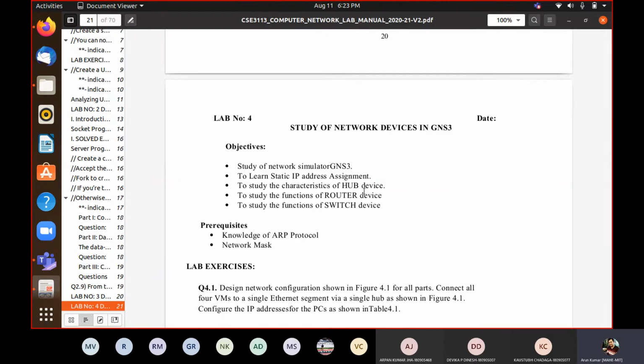And for this, the prerequisite is some basic understanding of the ARP protocol. ARP stands for Address Resolution Protocol, and some basic understanding about IP addressing, and you all have that much understanding. So to connect your device with the outside world, you require three basic pieces of information.